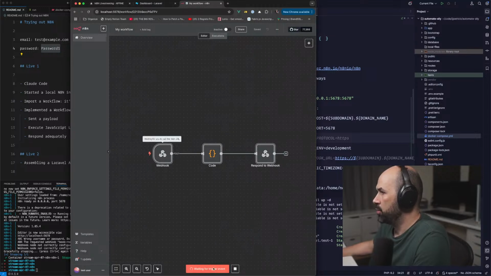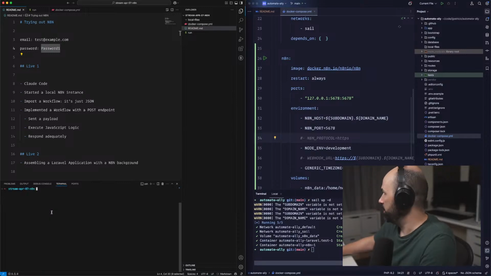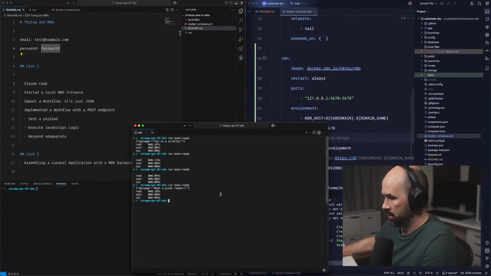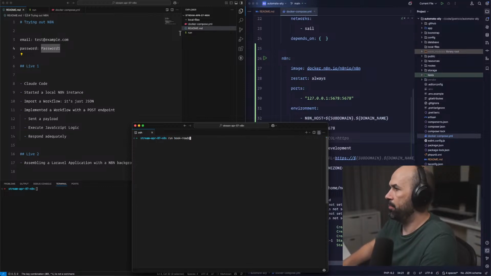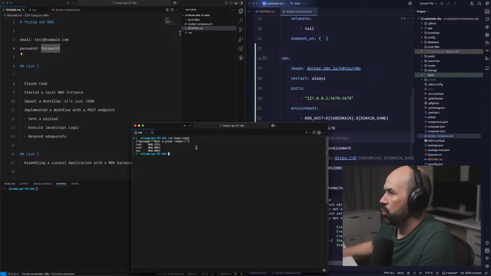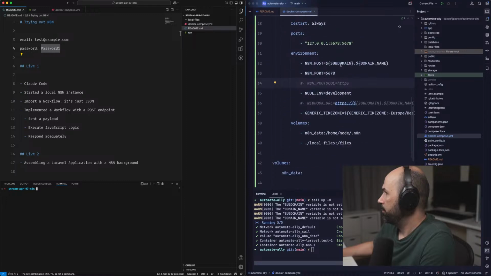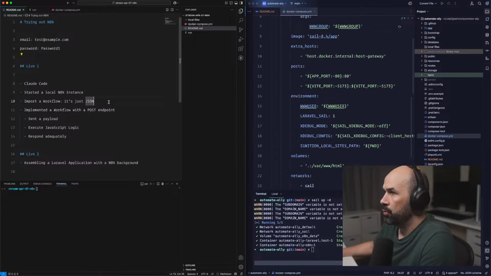And if I were to test the workflow, and run the same endpoint, because it's the same, can't I clear? Yeah, Control L. Yeah, it works. So what are we going to do? We are going to clean this up.